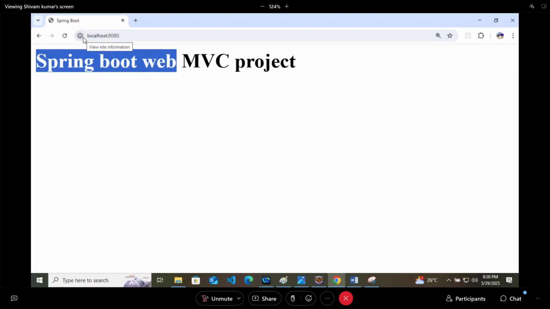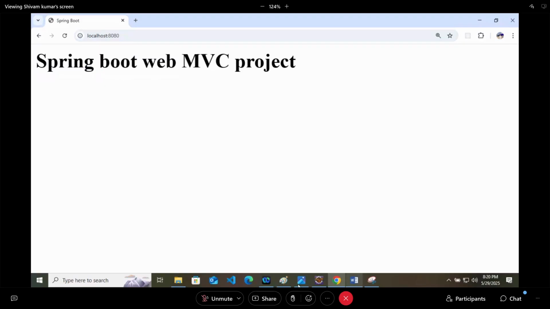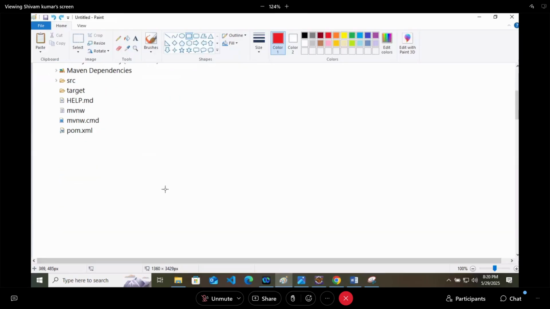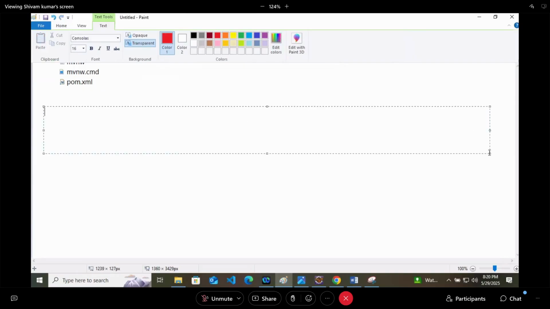In step 2, inside src main resources you will find two folders.